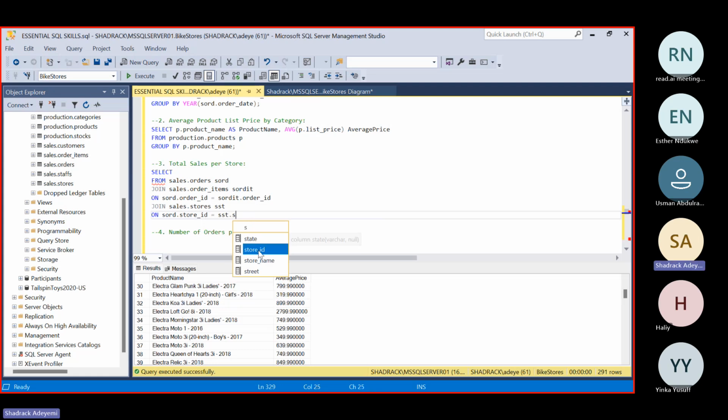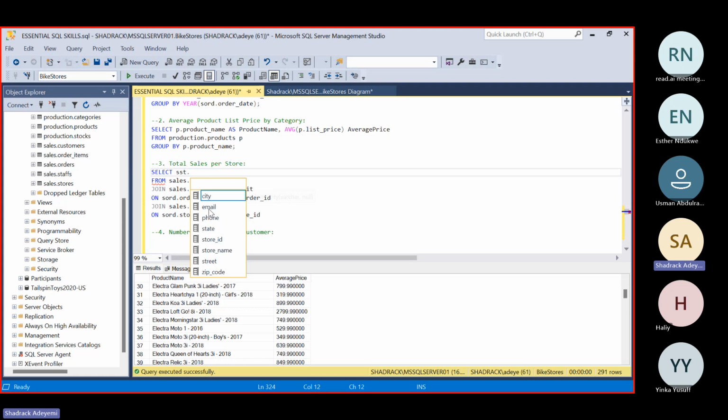All right. So this has established the relationship between three tables. Now to answer the question, I just need the store name, and the store name is sitting in this table. So sst.store name, and I'm going to alias this and name it store name.